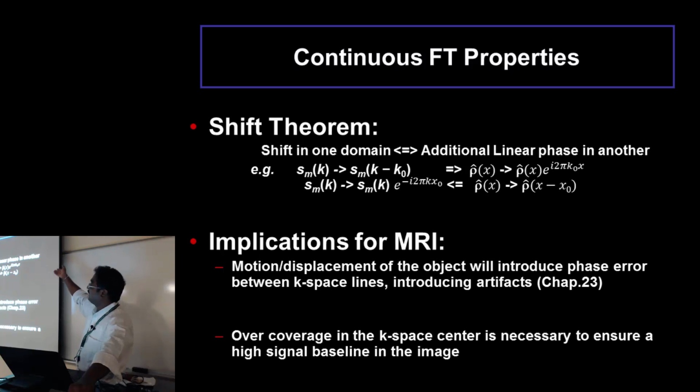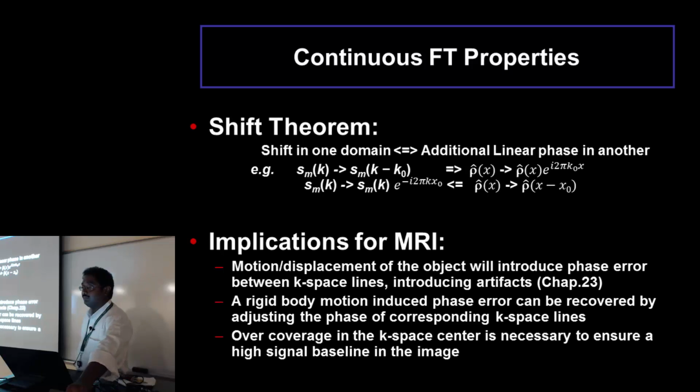Now, if we are starting in k-space or the time space where you're sampling the signal, and you have a shift in that time signal, then that translates to basically a linear phase in your signal that you reconstructed. This becomes important